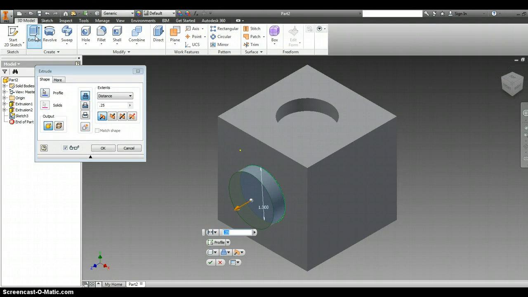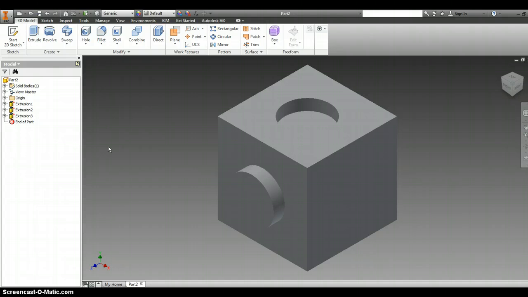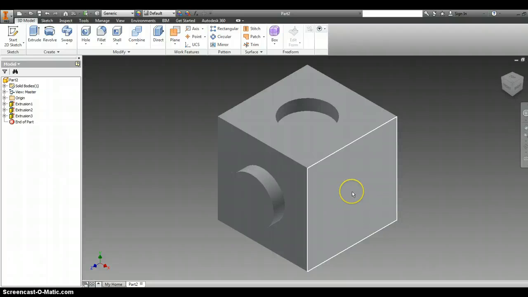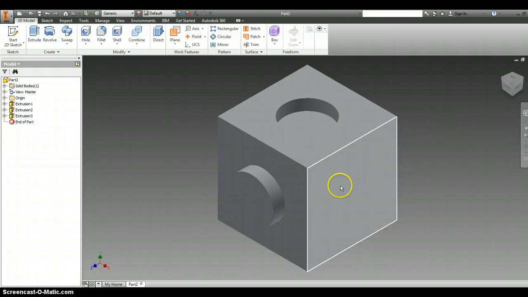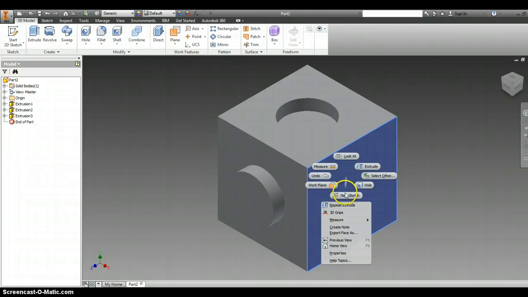So I'm going to extrude, and it is already set up at 1/4 of an inch, which is what we need. And it's coming out, so that's already what we need. So we're just going to click OK. We only have one side left, which is the square on the side, on the right side. So again, if you don't know which one the right side is, you're going to click on the right side and find it. I happen to know it's this one, so I'm going to right click and then left click